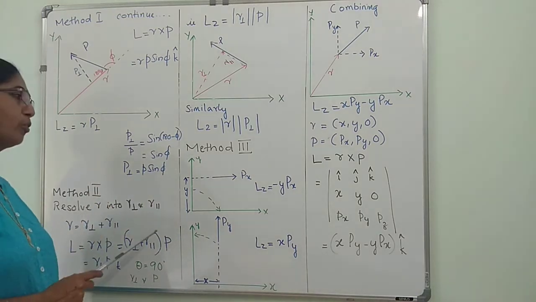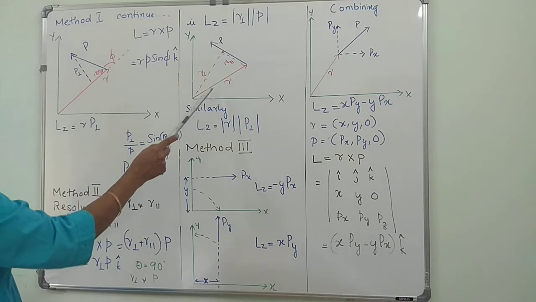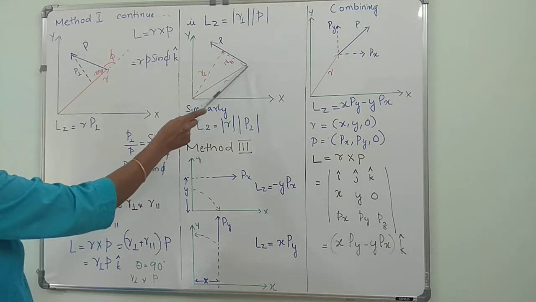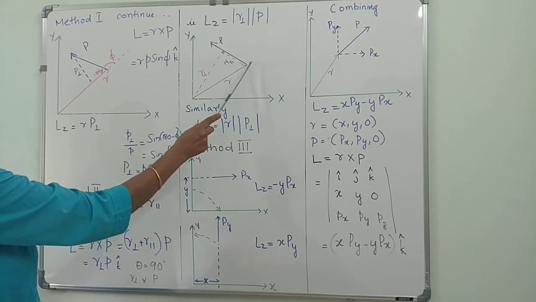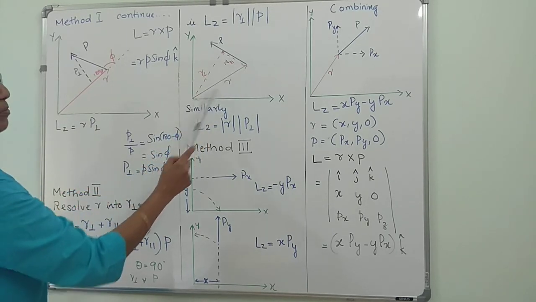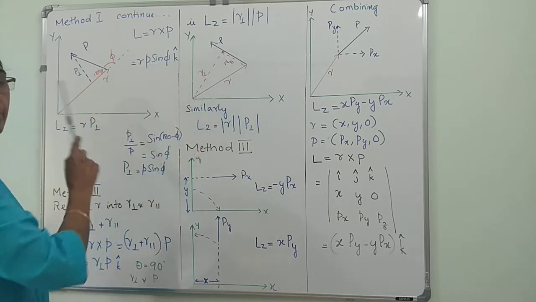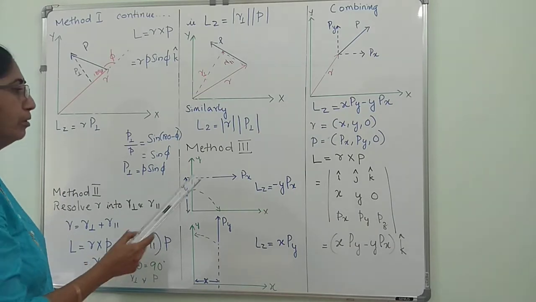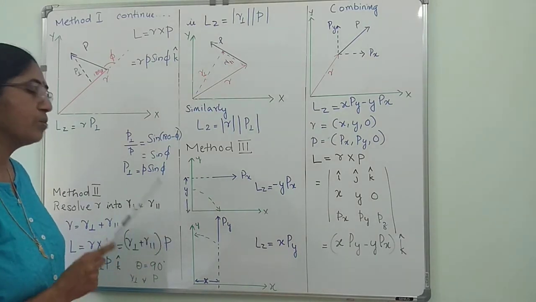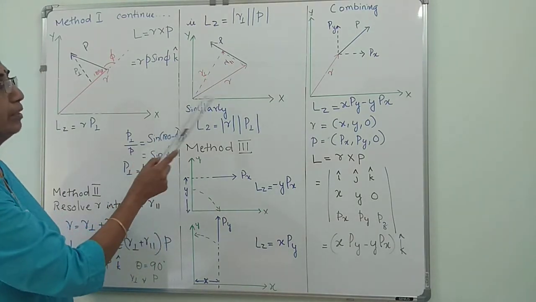In the third method, what we do is we are going to consider this motion. This is the motion we have been describing. A particle at position. This is the position of the particle, position vector, that means from the origin, acted upon by a momentum. This is in 2 dimensions. Here, what we are going to do in the third method is we are going to consider the motion of this particle.